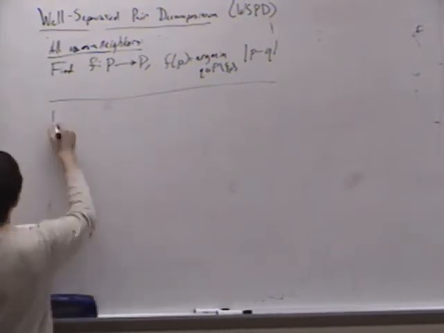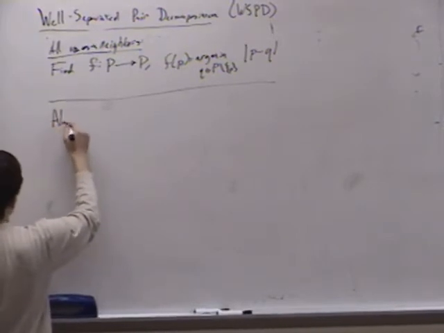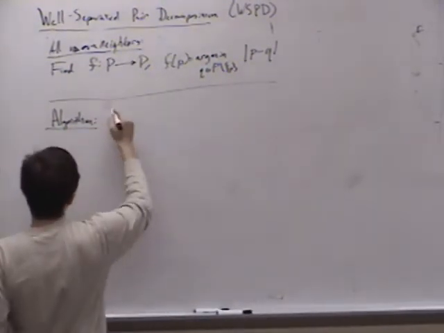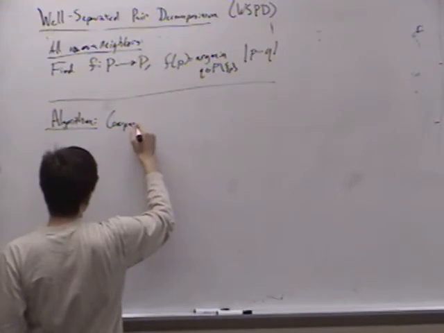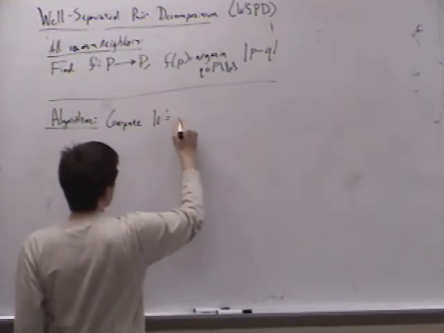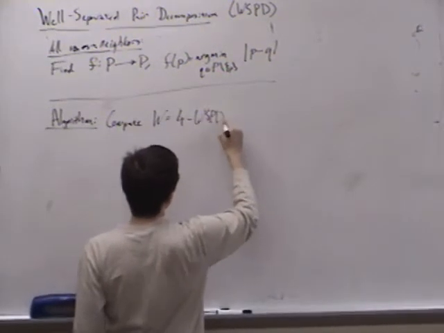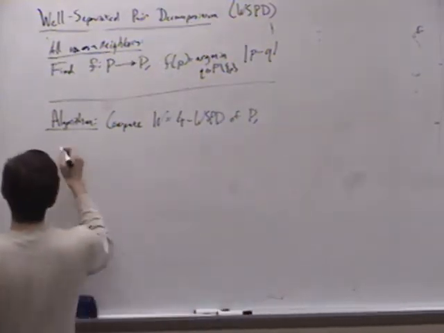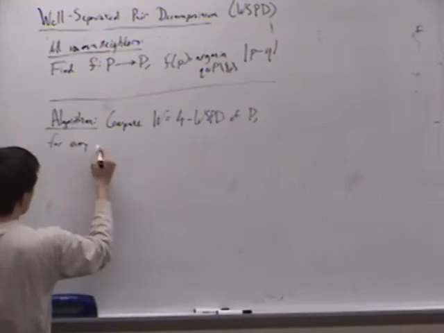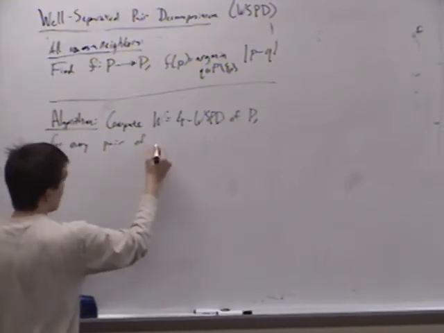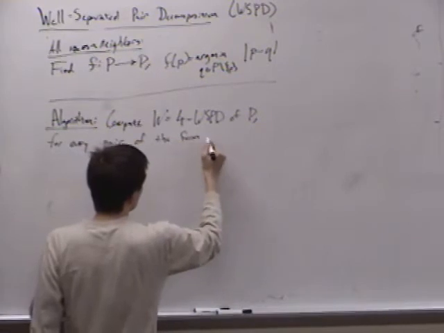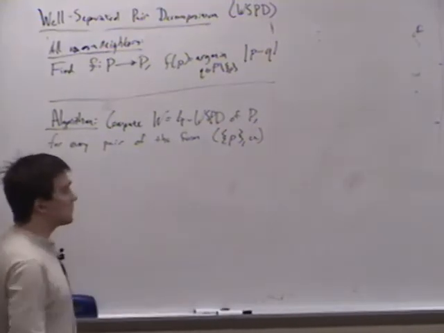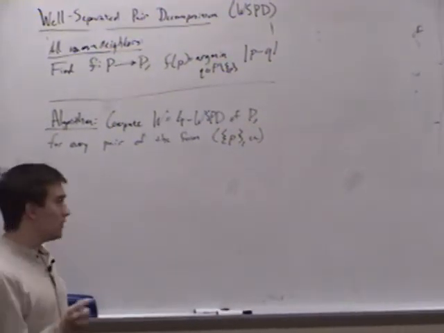So here's the algorithm, which is basically: compute W, which is equal to a 4 well-separated pair decomposition of P. For every pair of the form p and U, so basically where we have a singleton element in one of the elements of the well-separated pair,